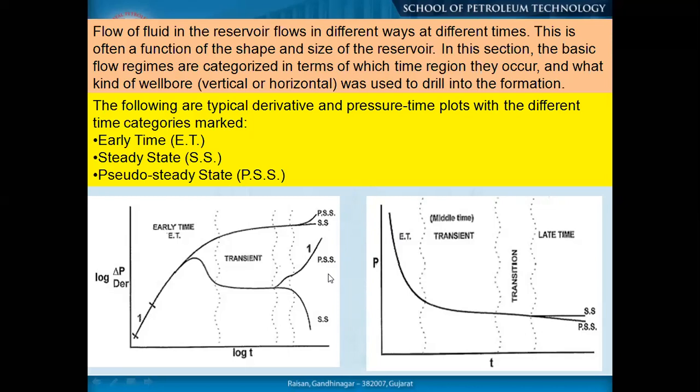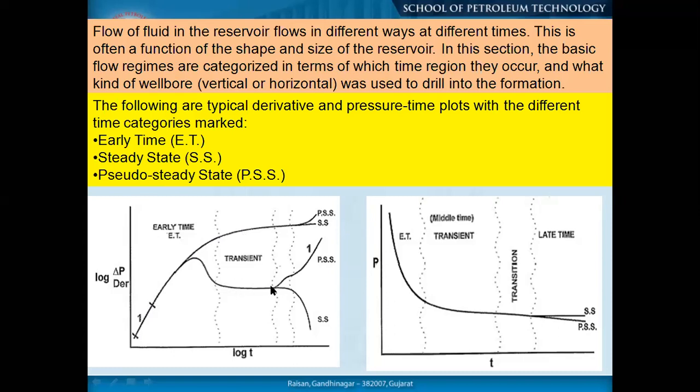Okay. So now what happened? You see the early time response. Early time is related to only two parts, which are our wellbore as well as skin. The dotted line separates your early time response and the transient time, or the middle time response. That means your pressure response is going through your reservoir. That's why it is stable. Why stable? Because whatever Q we are producing is properly supported by the area. That's why the pressure is not changing, and that's why your derivative curve has 0 slope.